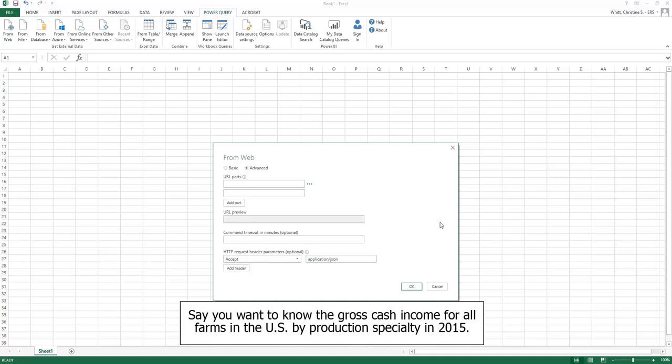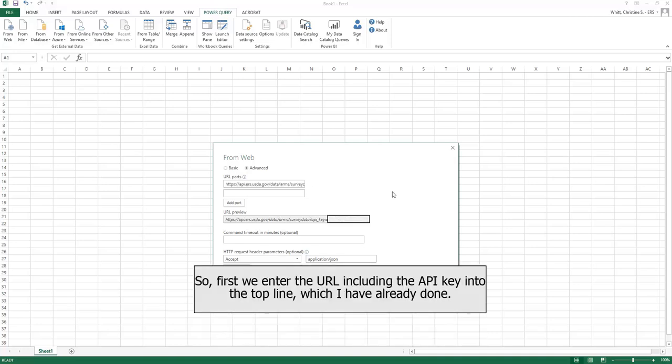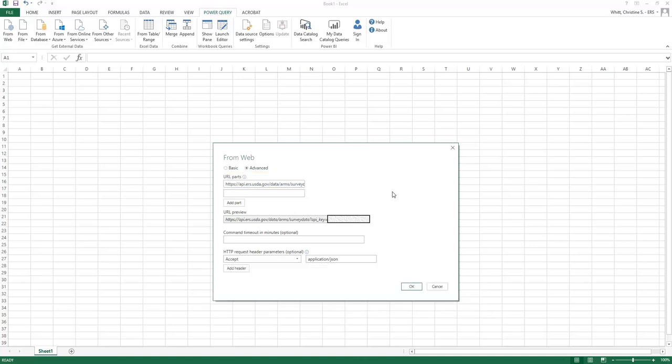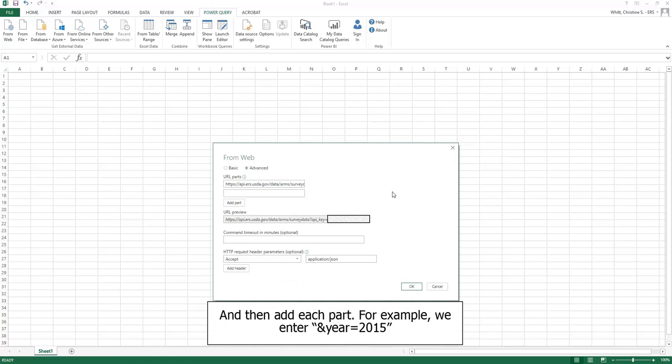Say you want to know the gross cash income for all farms in the U.S. by production specialty in 2015. So first we enter the URL including the API key into the top line, which I've already done, and then add each following part. For example, we enter ampersand year equal 2015,